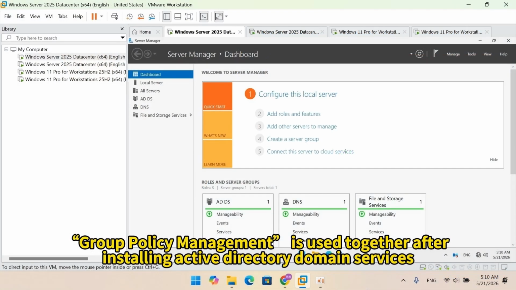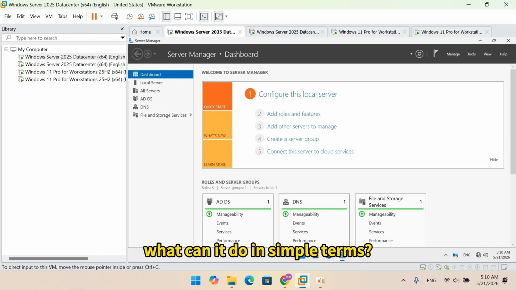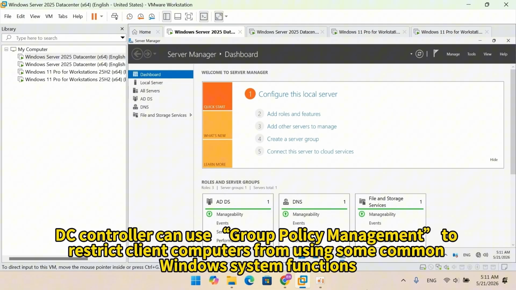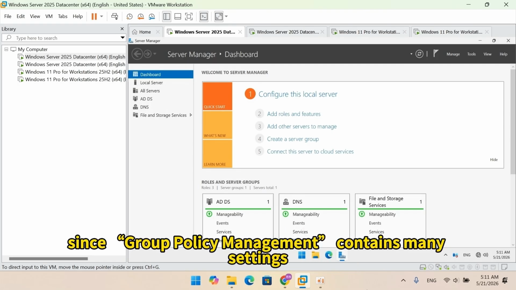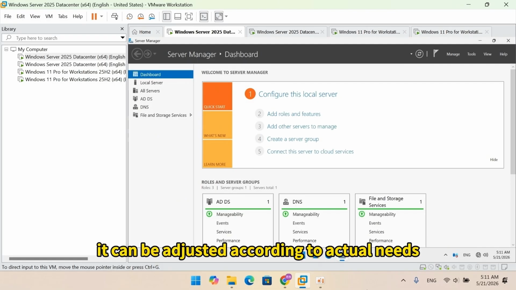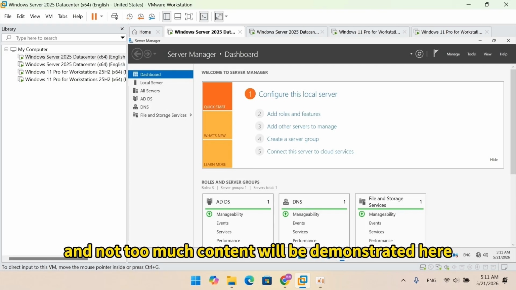Group policy management is used together after installing Active Directory domain services. What can it do in simple terms? For example, DC Controller can use group policy management to restrict client computers from using some common Windows system functions. Since group policy management contains many settings, it can be adjusted according to actual needs, and not too much content